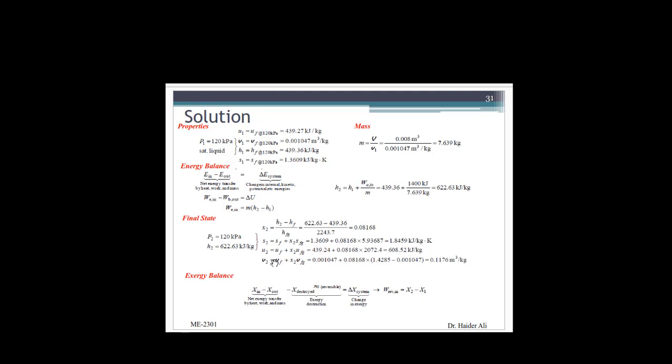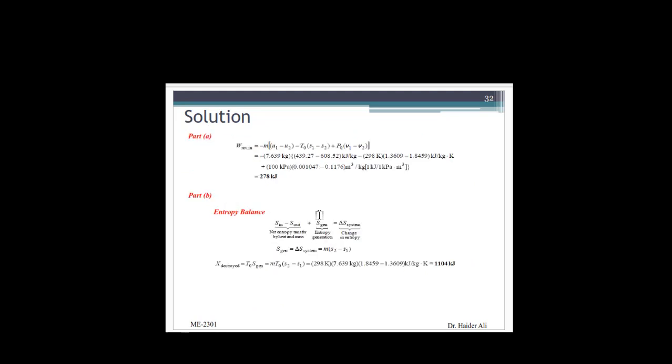The other properties like entropy, internal energy, and specific volume can be calculated by the relations which we covered in chapter number 2. So we have all the relations. Now the exergy balance is actually equal to net exergy transfer. Since it's a reversible process, X destroyed is equal to 0. So the W reversible,in equals X2 minus X1. We have this relation since it's a closed system. So we have m times (u1 minus u2) and so on and so forth. We have all the relations which we found from the tables, and this is the amount of reversible work which is required to do the process, right?